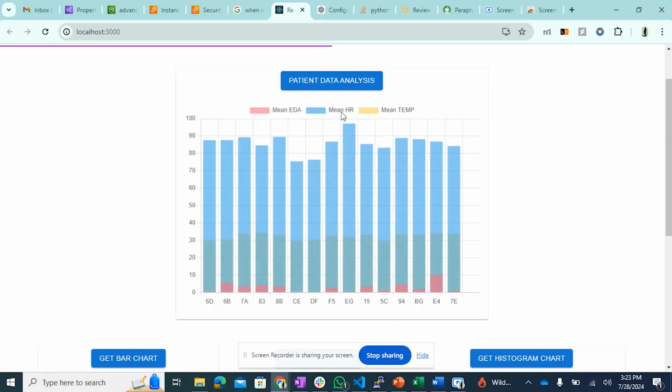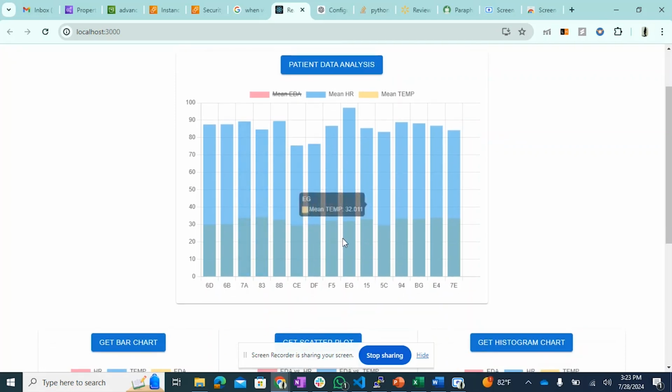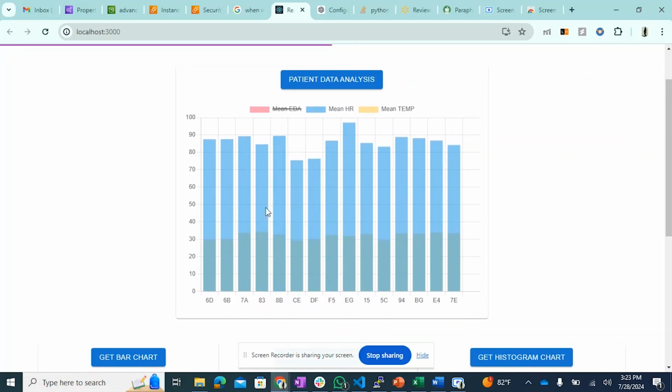I can get it back again. I can cut down the temperature. Now I can cut down EDA. Now you can see just the temperature and heart rate values. So basically this is a normal chart which is telling me that for a particular nurse the electrodermal activity value is 87, the temperature is 29, and if I check the heart rate, so it's very,